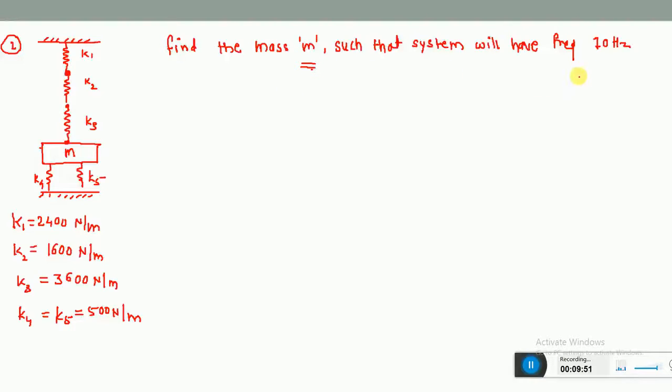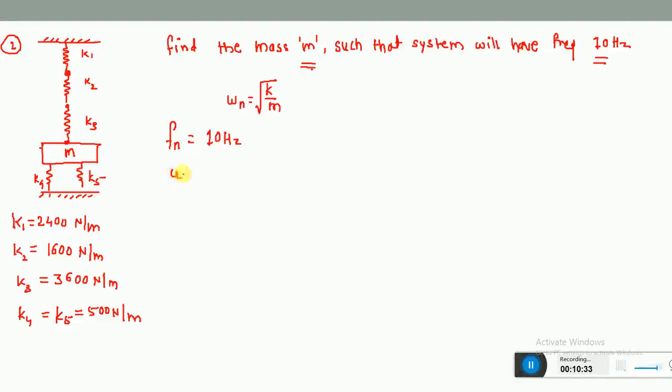the frequency is given, that is equal to 10 Hz. So we have to first convert the frequency in terms of radian per second. Then we can use the formula directly. Omega n is equal to square root of K by m. So if you know the value of omega n and if you know the value of K, then we can find out the mass m. So omega n is indirectly given, that is equal to 10 Hz. So we will convert this 10 Hz. So I will write frequency in Hertz, that is Fn, it is equal to 10 Hz.